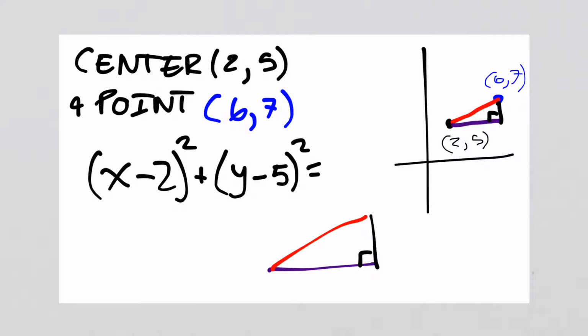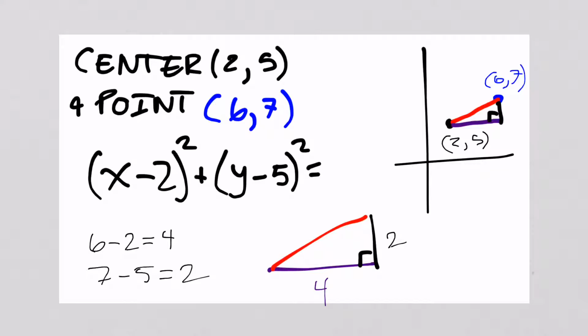So how am I going to find that purple length? Well, I need to take the difference of my x values. So I'm going from 2 to 6, and so 6 minus 2 gives me a length of 4 for that horizontal distance. And then I'm going to do the same thing with my vertical distance. What's the change in my y values? I'm going from 5 up to 7, so 7 minus 5 is going to give me 2 as that vertical